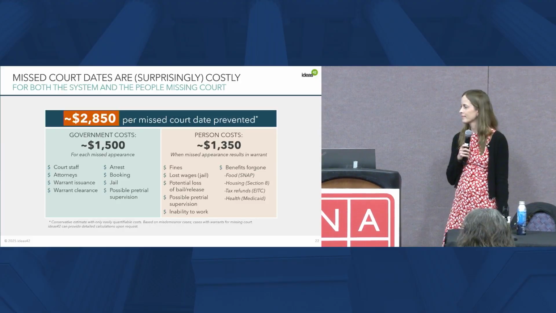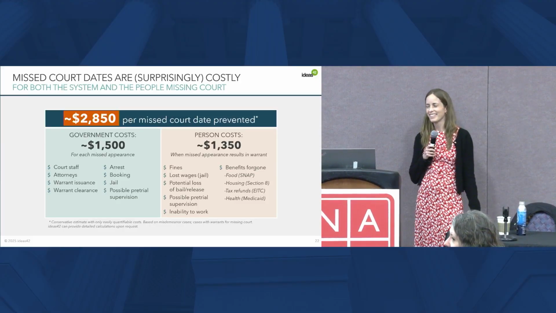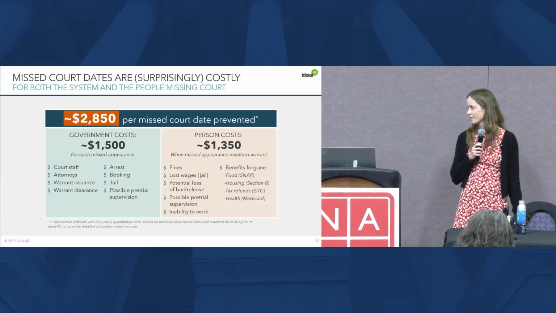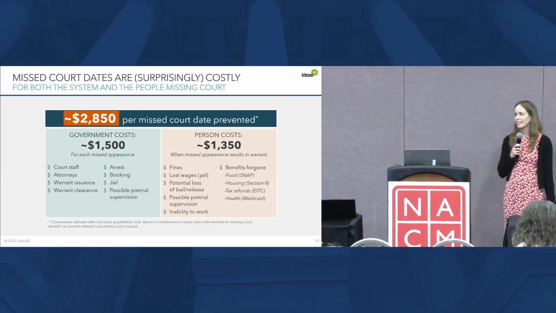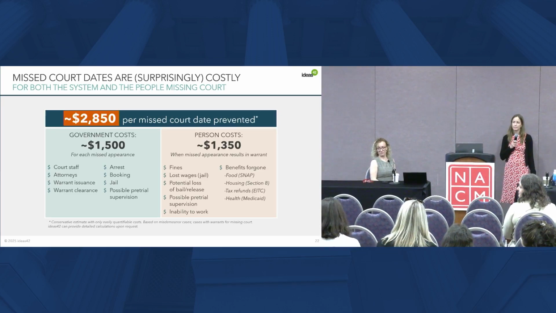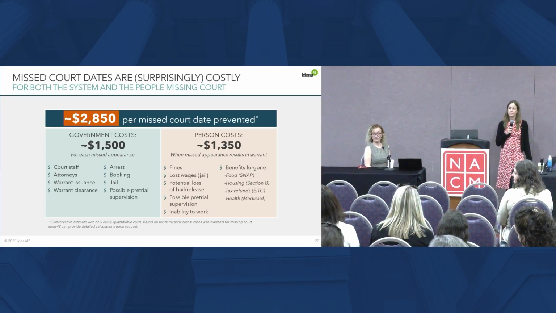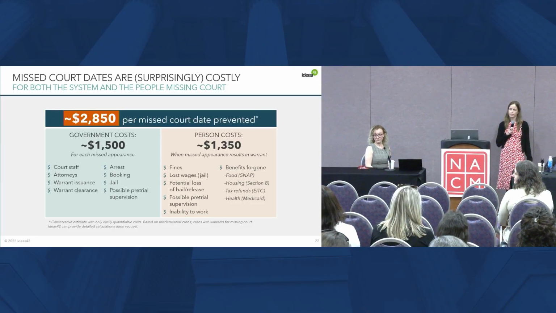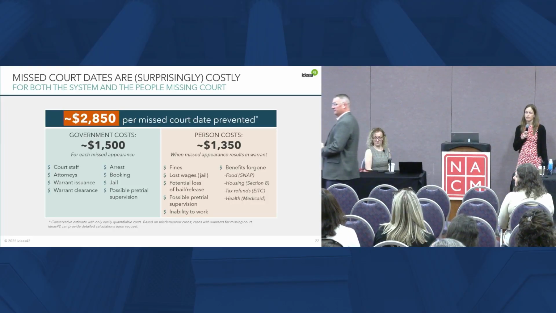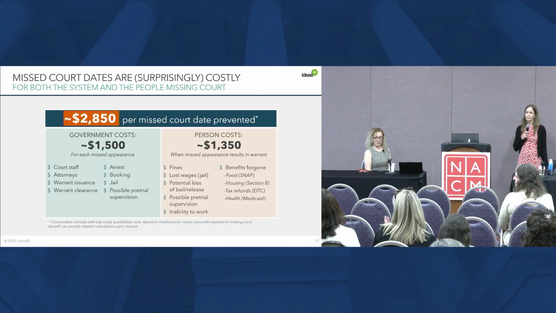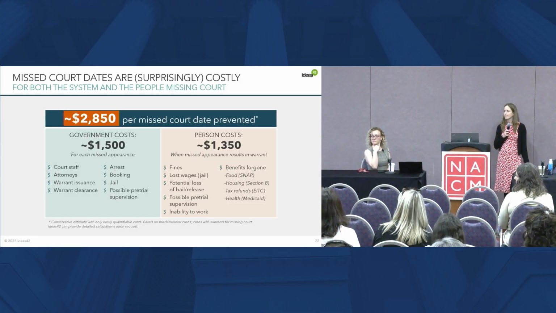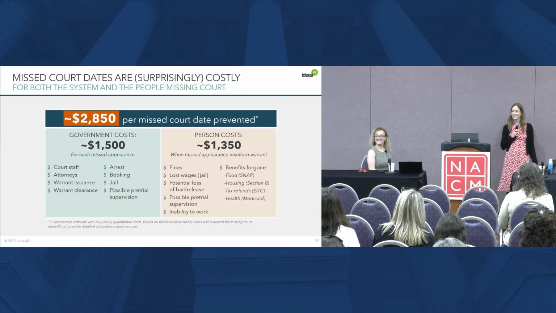For anyone who didn't hear, she said the frustration to judges, because judges have to stop what they're doing to try to figure out what's happening with the missed appearance. I think on future bail decisions, because bail is decided on whether you missed previous court appearances. So once you start missing them, that's going to make it that much more likely that you're going to be held on bail and not just released on your own recognizance. Impact on future bail decisions, for sure. Risk assessments. Oh, pretrial justice ears burn.